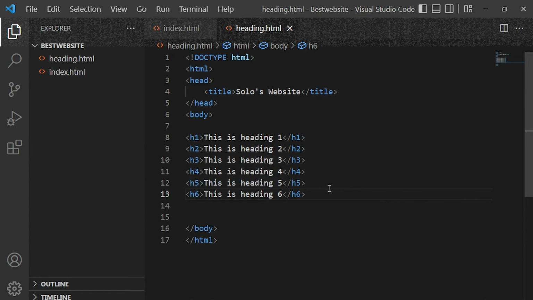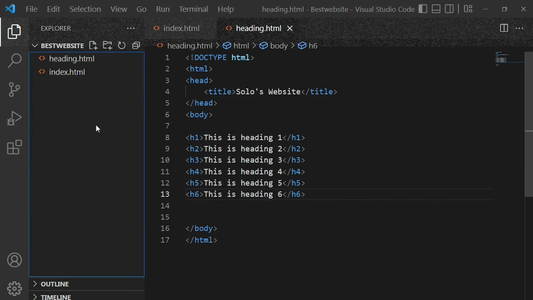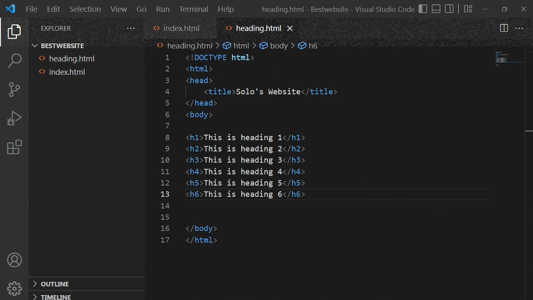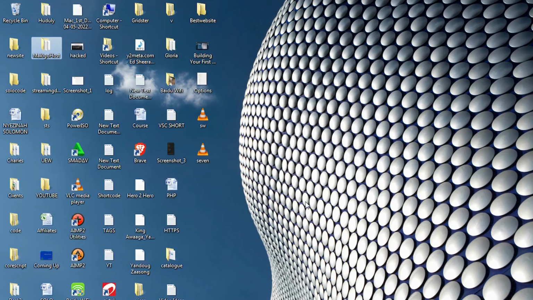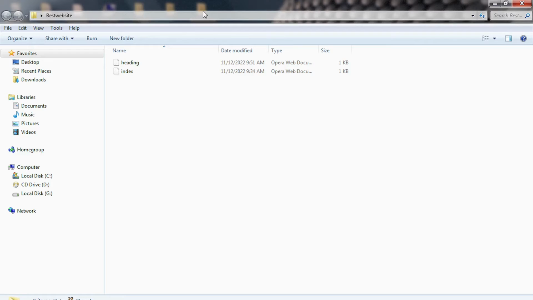All right, so let's go back to our web browser and then see how that looks like on our website or on our web page. So I'll go back to my desktop, and then I'll simply open my project folder, and this is the file I have my code in. So I'll double click on it,